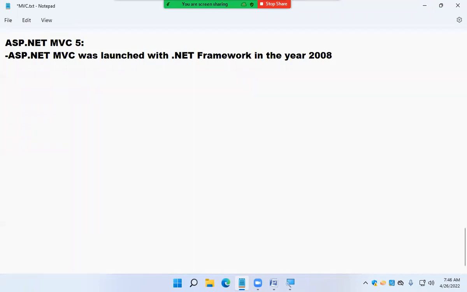So in 2002, what came? Web Forms. In 2008, what came is MVC.